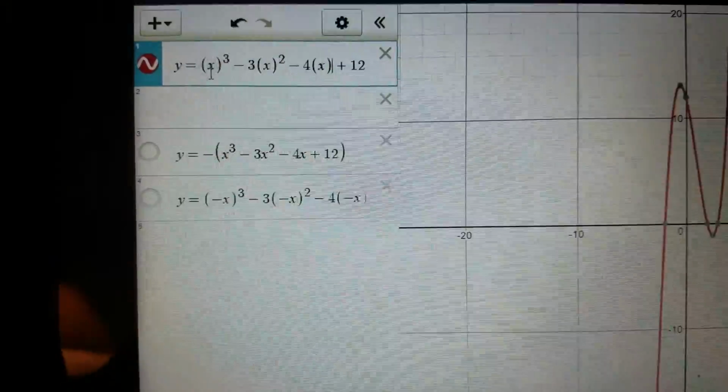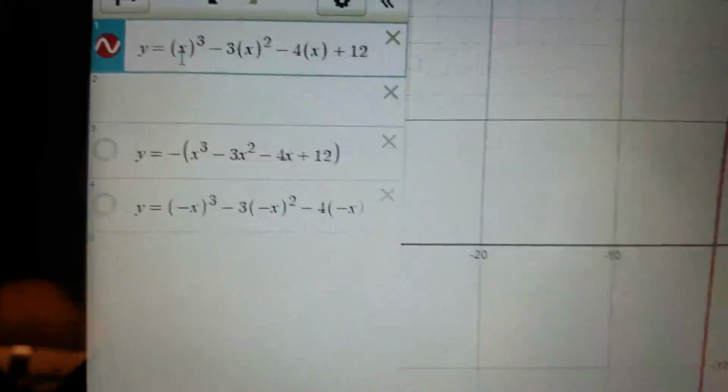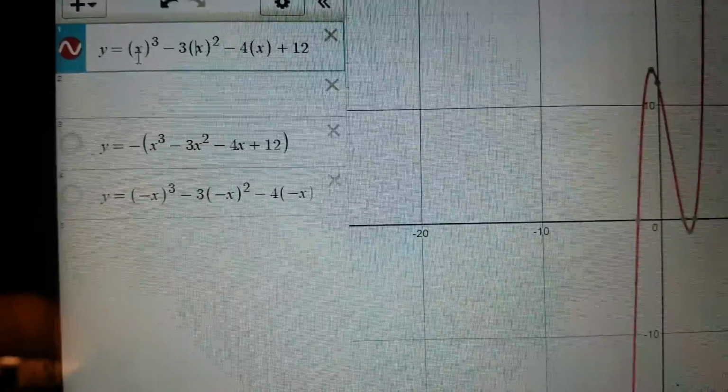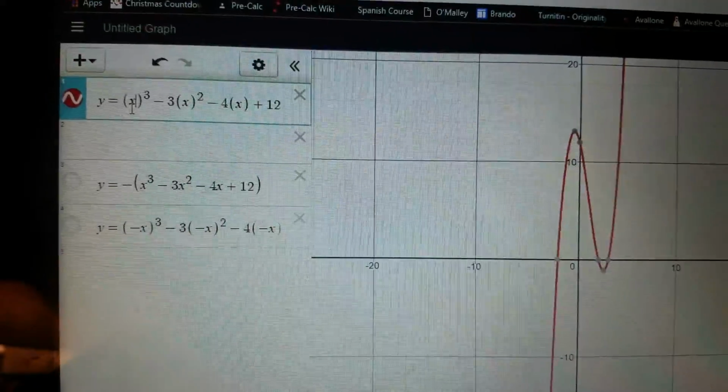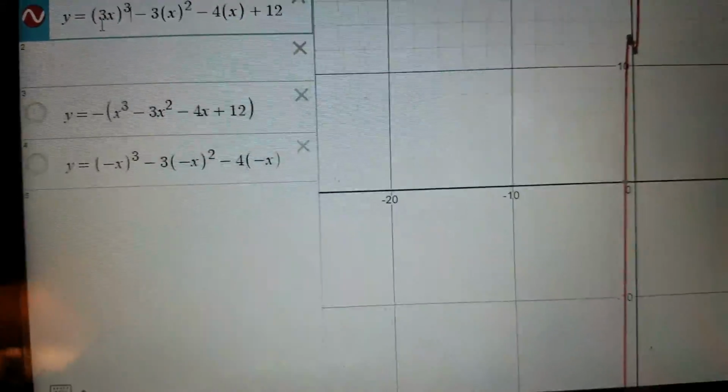And so any coefficient that we put in front of the x will keep the y-intercept the same. So if we make it 3x, let's say,